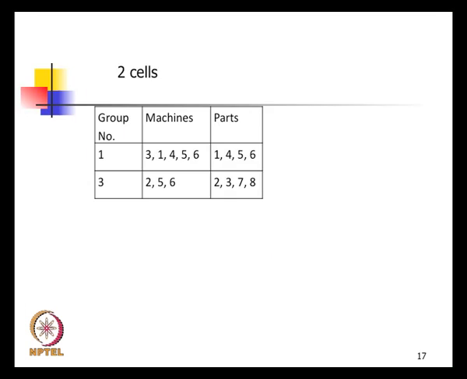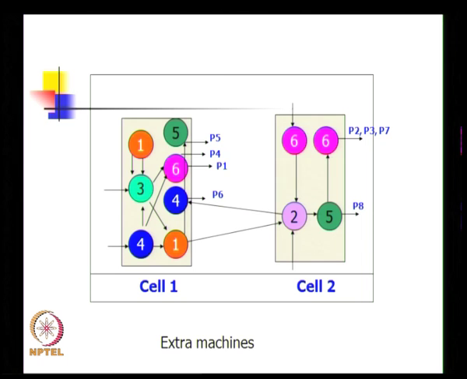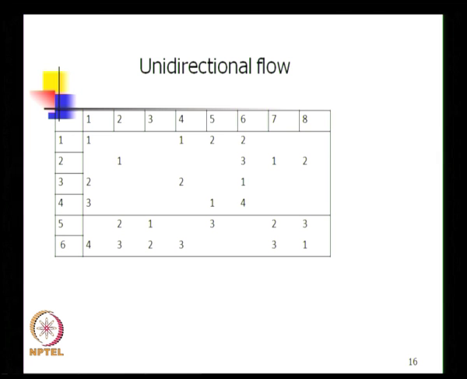Now, look at the third one, part 5. Part 5 is 4, 1 and 5. So, we assume that machine number 5 is brought into this cell, it is duplicated. So, 4, 1 and then 5, you can see from 4, 1 and then 5 it goes out. So, there is an extra 5 that comes into this cell, and then we look at part 6, which has